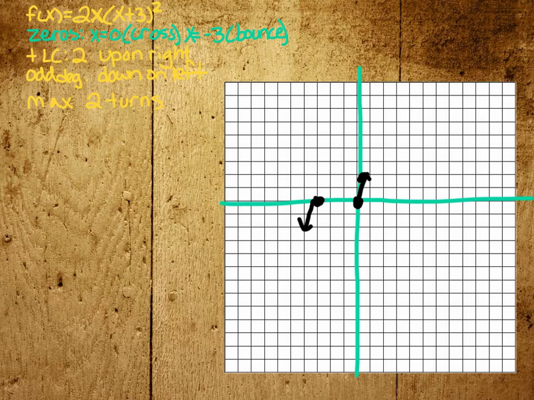How do I know it doesn't turn and come back? Because it doesn't cross the x-axis again. And then I need to know what's going on in between here. Well, I know this is a bounce, so I know it's got to be going back down this way, and this is crossing through. So I just now need to figure out how far down does that go. So now I can just plug in x values. So I'm going to plug in a -1. If I plug in a -1,